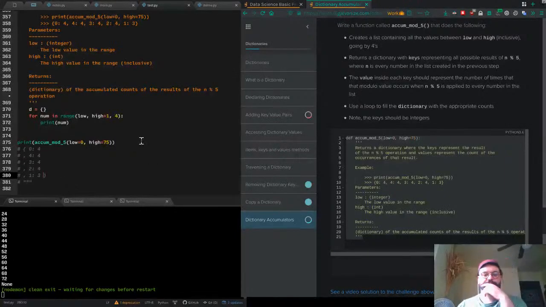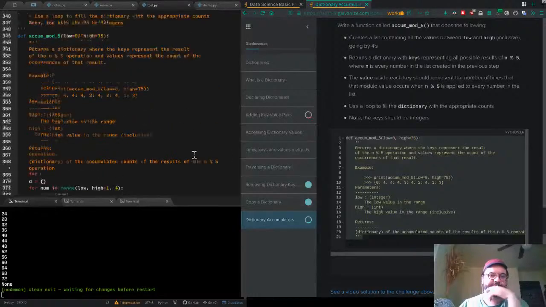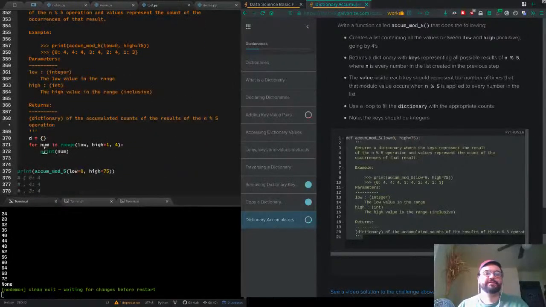Cool. So 0, 4, 4, 4, 3, 4, 2, 4, 1, 3. Good. So return the dictionary where the keys represent the results of n mod 5. I think this is the n that they're talking about. And so we'll say